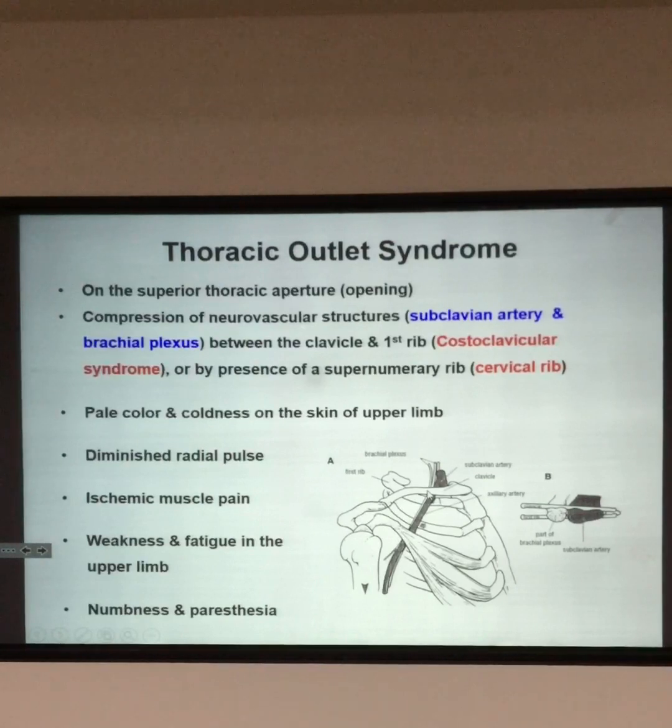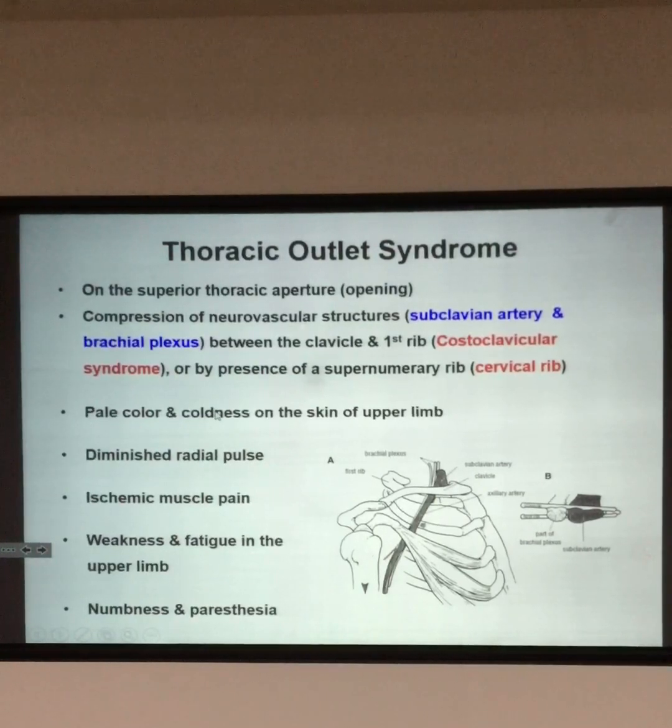جابوا لهم سؤال حكوا لهم كان السؤال انه عنده weakness in moving his fingers along with bale. لما بيضغطوا على النيلز كانت ما يرجع الدم بسرعه، يظلوا بيل شاحن، reduced blood supply. فالكيس شو بتكون؟ بس الان لو سألته، مش راح اسألكم على الثوراسيك اوتلت سيندروم، بدي اسألكم شو سبب البيل كلر والكولدنس؟